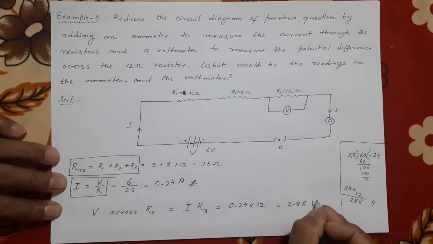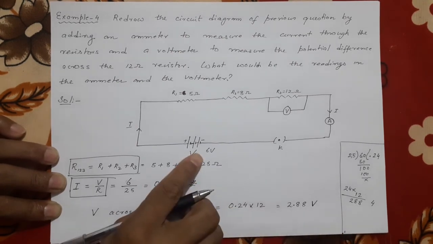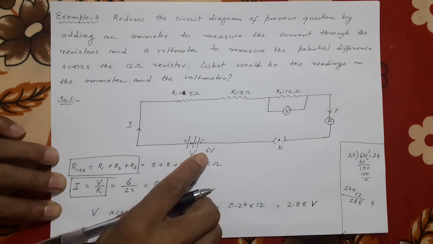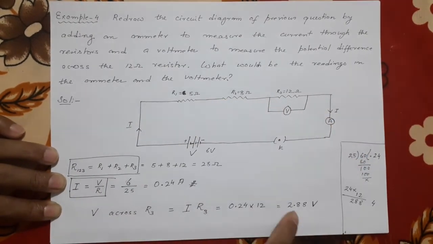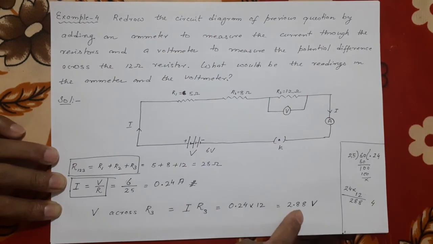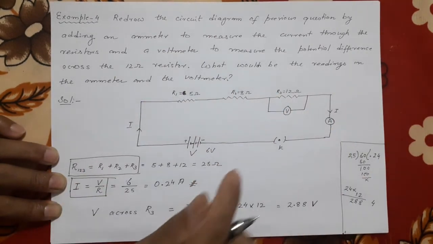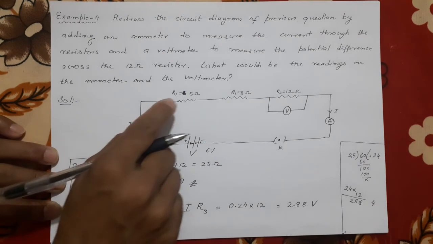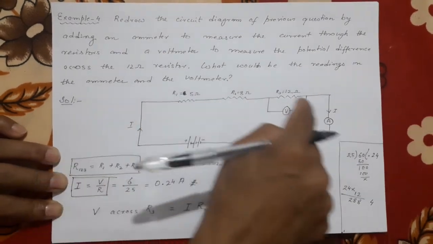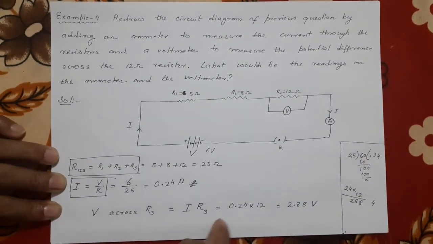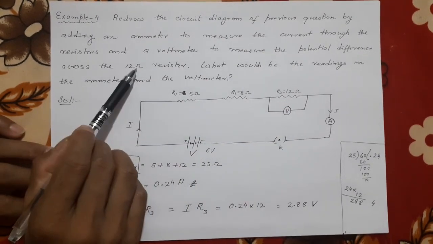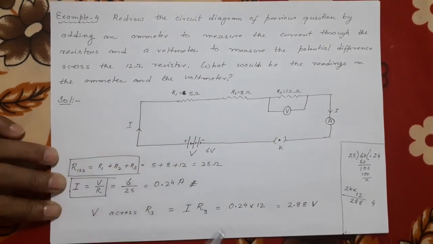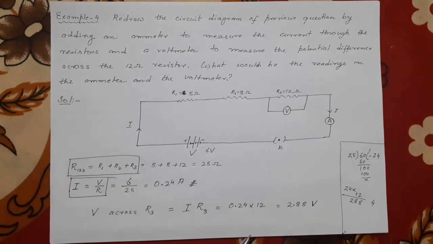So this is volt. You remember this voltage 6 volt is divided into 3 different parts. So here it cannot be 6, it will be less than that, 2.88, but the current will be the same in all. Why? Because in a series circuit, all the current will be the same, voltage will be different. So that is why the question is also like that. It is asking only through 12 because they know that it is different and only one is asked. Okay.